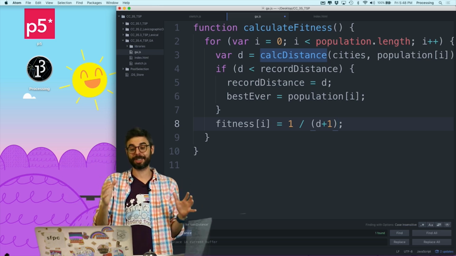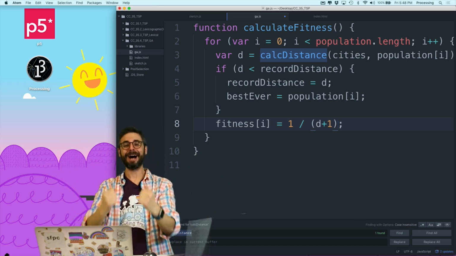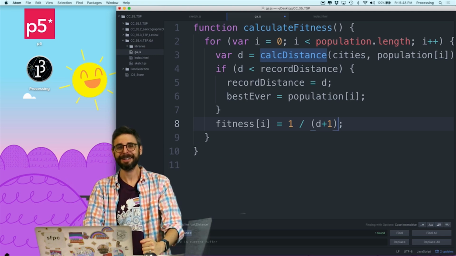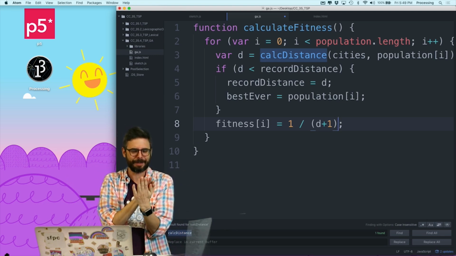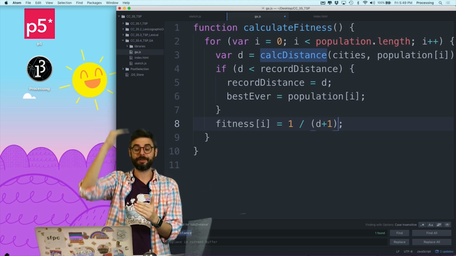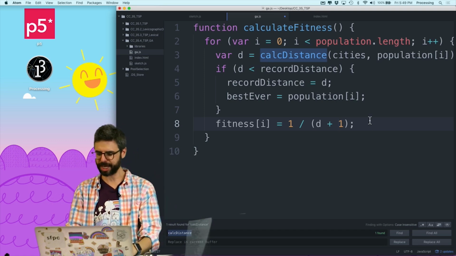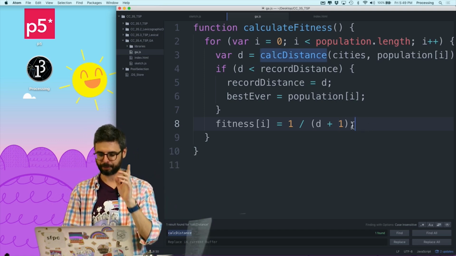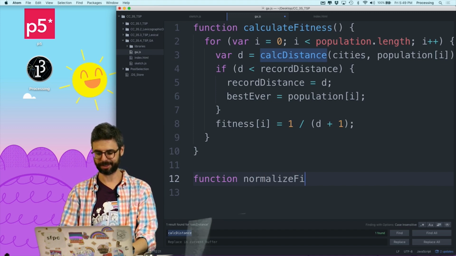That way if d is ever 0, the absolute best distance ever, which is unrealistic obviously, unless all the points randomly are right on top of each other, but then everything's going to be 0. But anyway, then the fitness would be 1 and everything else would be lower. So I'm going to add that in there just as a nice little extra thing, and that's the fitness value. Okay, then what I want to do is write a function called normalize fitness,